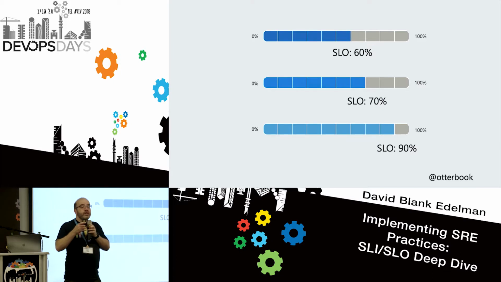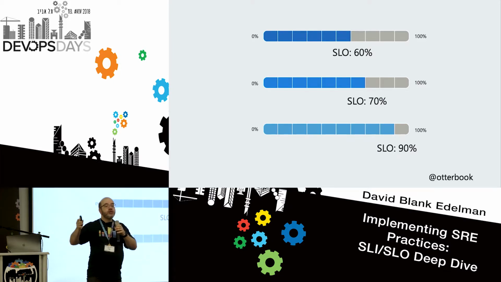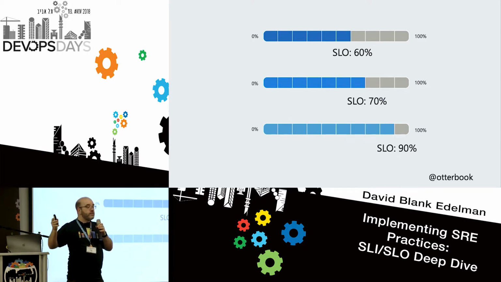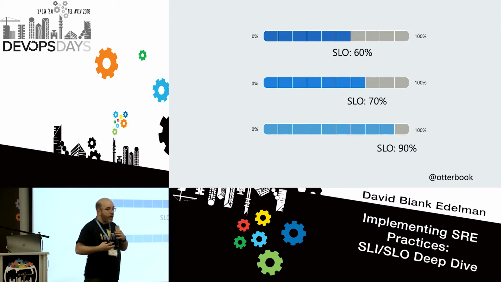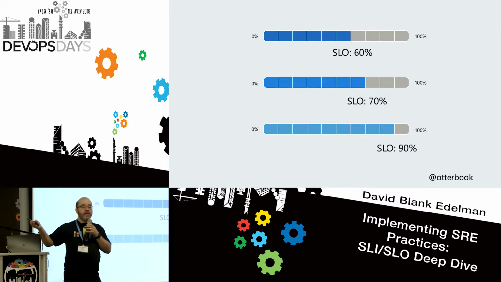It's this extra thing at the end, after which I don't care if the system is down, because I have already met my objective. It's this pool of unreliability that I can draw upon. Does that make sense? If I say it's okay to be up 60% of the time, and I have been up 62% of the time, the rest is, the American idiom would be gravy, but I don't know what you'd say in Hebrew.